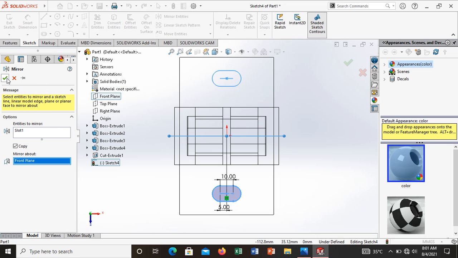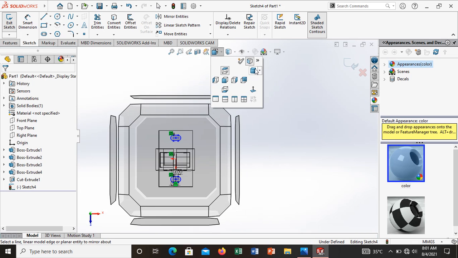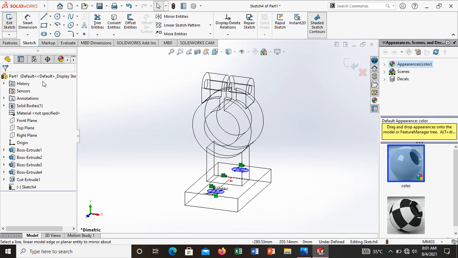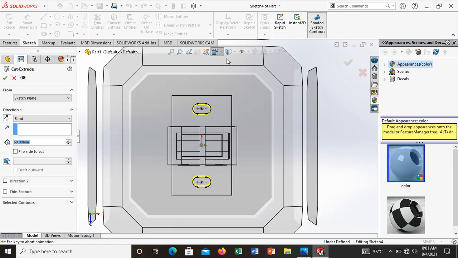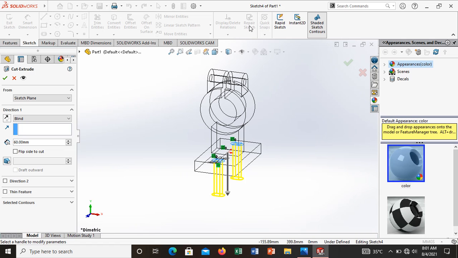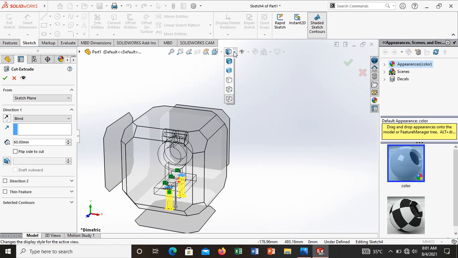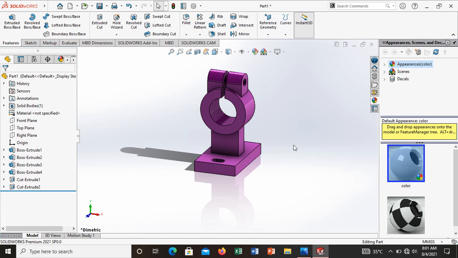So that's all. Now let's look at the 3D model. Say exit sketch. Once again it's positioned in normal view, and once again I select the 3D model. Now it's an extruded cut, and here select the model. Yeah, the extruded cut for the slot is completed. Okay, zoom it and rotate. Perfect.